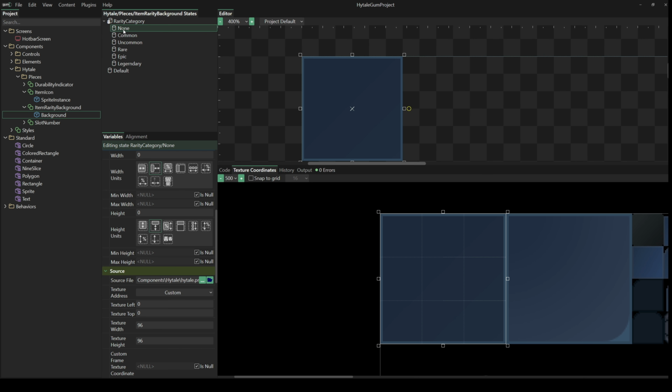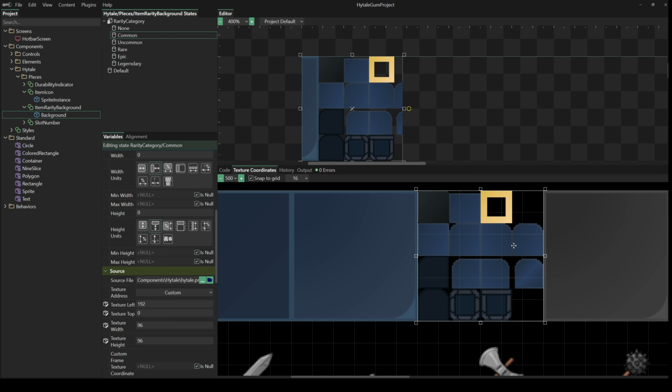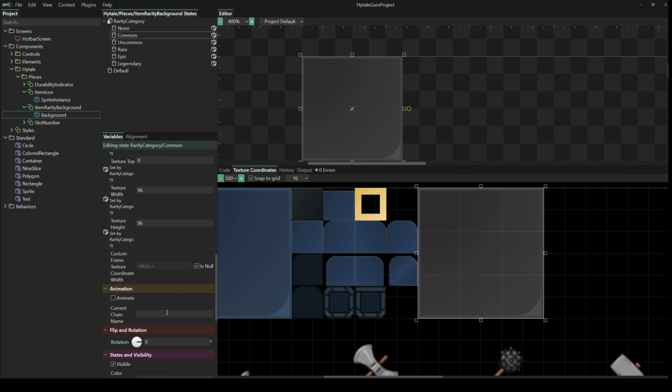So for none, we do want this to remain this same icon, because this is what it means when you have no rarity, based off the source material images and videos. But now we're going to go through, and we're actually going to set the grayscale image for all the other ones, and then we're going to set a specific tint color. So let's just start with common. Go to common, and what we'll do is we will snap to grid again. We will move this over, and we will select the gray. So for common, it's going to use this image instead, and then for the color,